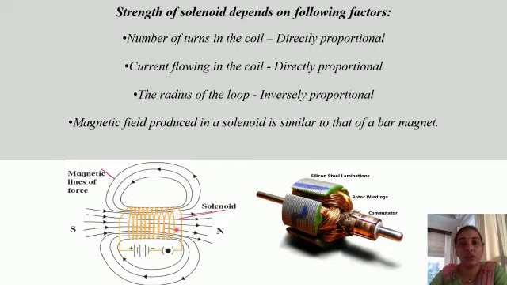Now here we have a solenoid, and this solenoid can be easily converted into an electromagnet. The solenoid is hollow from inside, and if you insert a soft iron piece, we know that we will be getting an electromagnet. So one such picture I have shared with you over here.